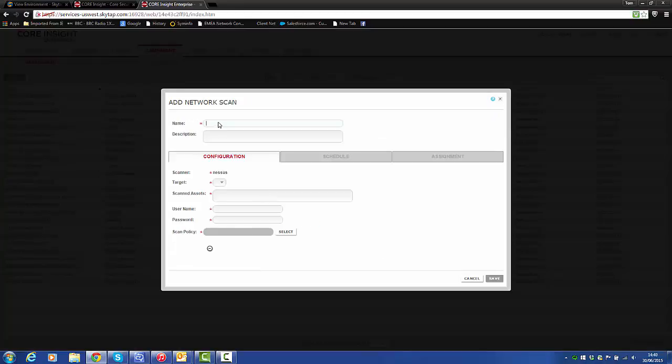So Nessus scan, set my target, again the username and password, select scan policy,